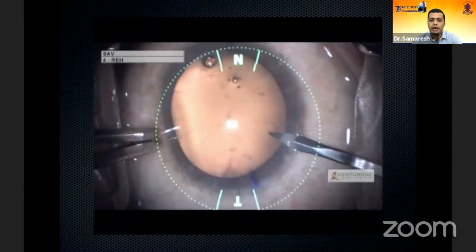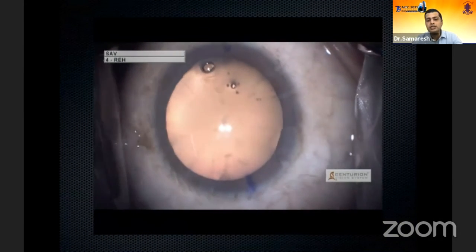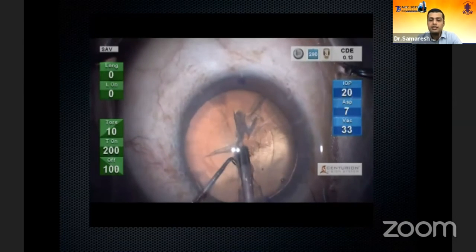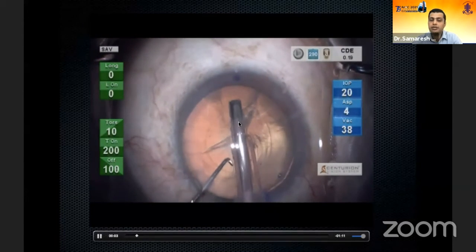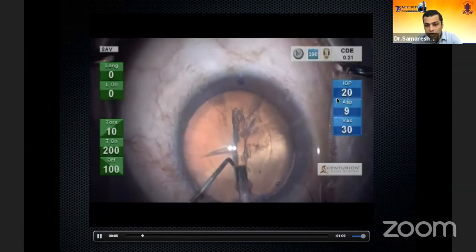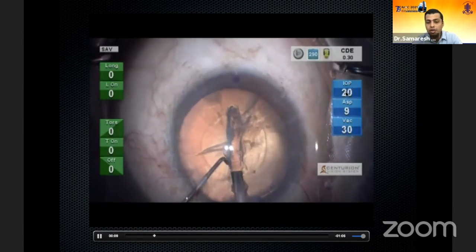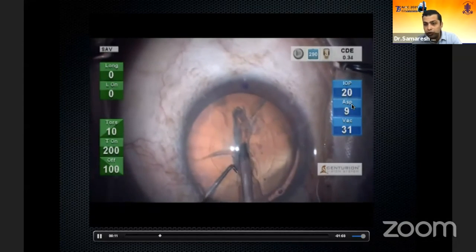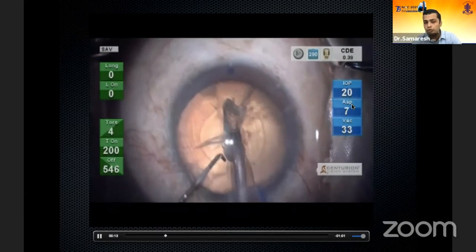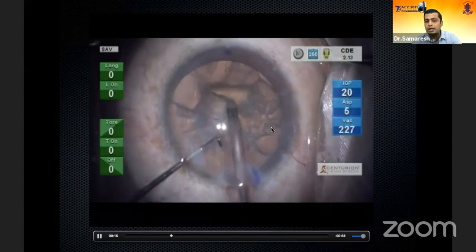Just one case to end this with, a myopic eye. To highlight the point, this is a myopic eye where RK has been done. I just wanted to show you that when I'm doing a phaco in this eye, it's a softish pupil. Notice my IOP is 20, which translates to a bottle height of 35. And this not only happens during sculpting, my flow rate I've kept to 10. So 10 is a really slow flow rate. But notice the anterior chamber is completely dead stable.